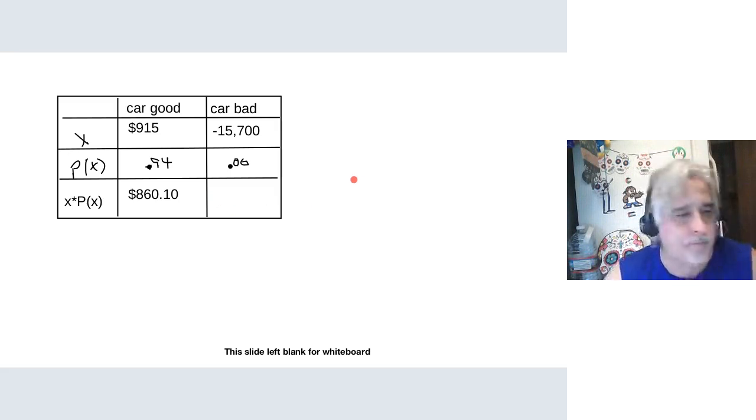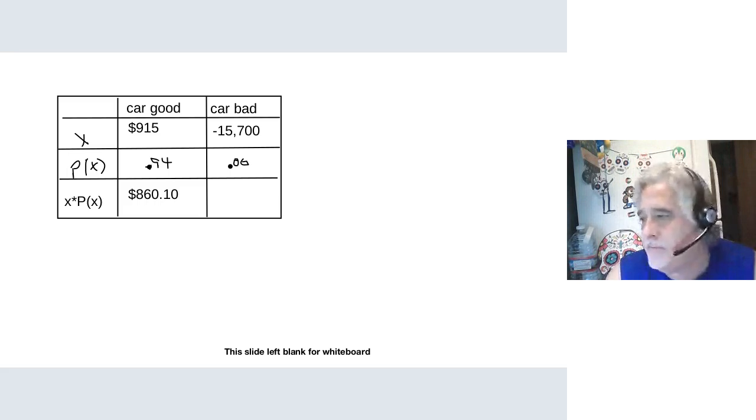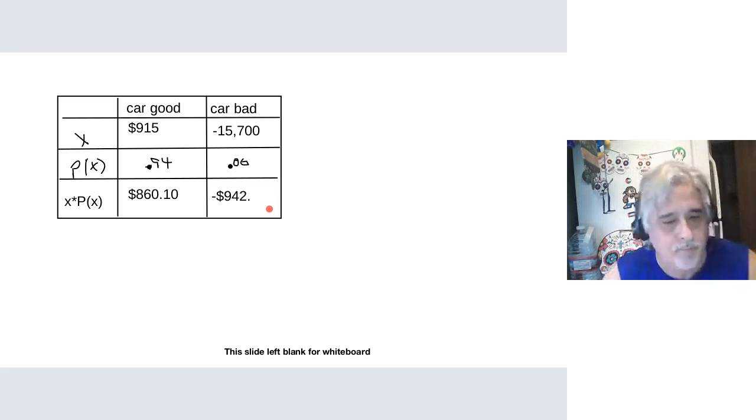And then the other one is 15,700 times 0.06. So this is negative. All right. So now E, the expected value, is equal to